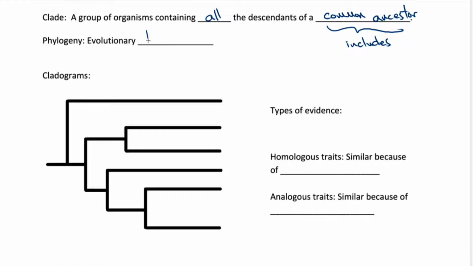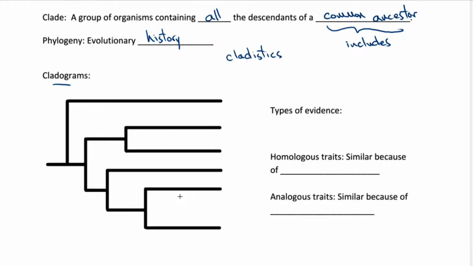Phylogeny means the evolutionary history of a species. And so cladistics is an approach to the classification of organisms, making use of this idea of a clade. The idea in cladistics is to organize all organisms into clades in order to reflect their evolutionary history. A major output of cladistics is called a cladogram, and a cladogram is just an evolutionary tree, also called a